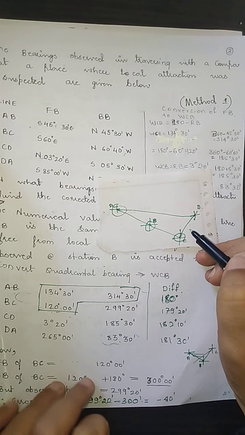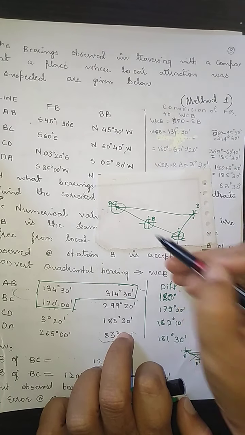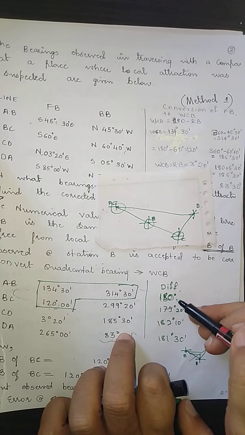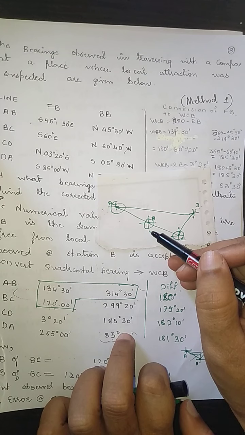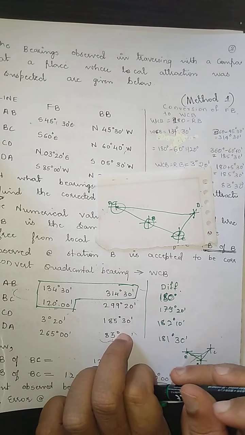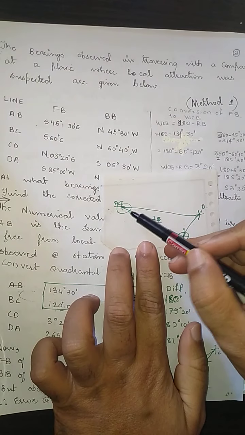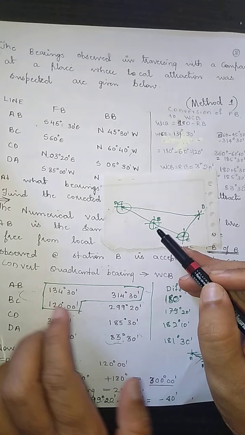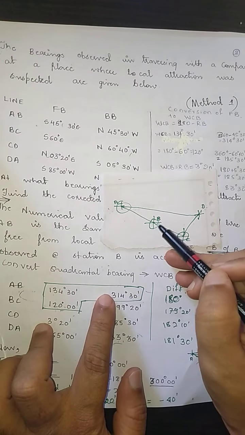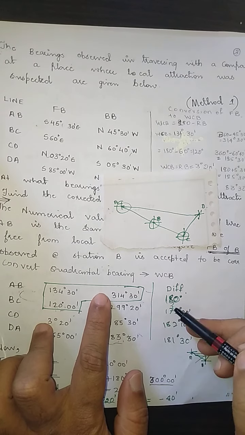So from A to B, whatever readings you have taken from the A and B stations are exactly correct. We need not make changes for the readings taken from the A and B closed traverse. Now, what readings have you taken? The fore bearing of the line AB and the back bearing of the line BA. These are exactly correct because the difference is 180 degrees.